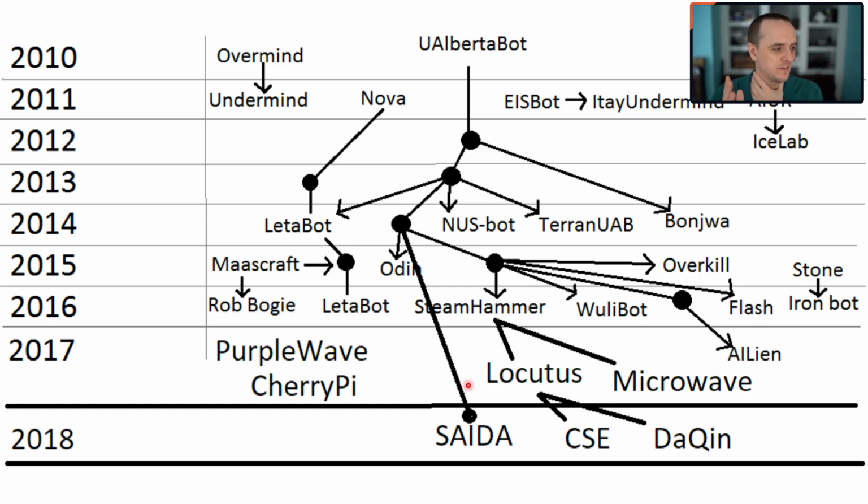And so I have this family tree of bots that have been built since then. I think something like between 20 and 30 bots over the years have been based on the source code, the 2012 version of UAlberta-bot. So it really goes to show that if you spend time, here's a really underappreciated part of research, okay?